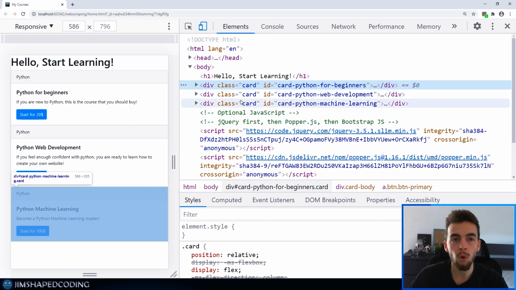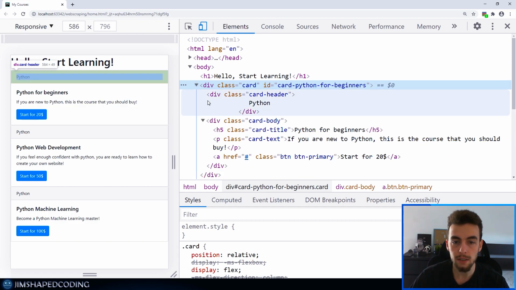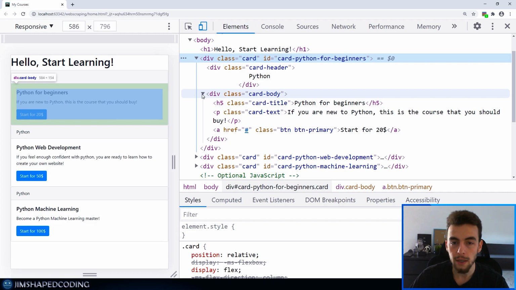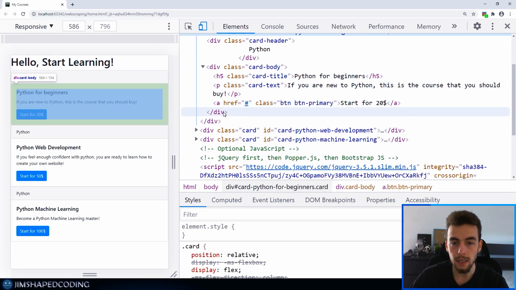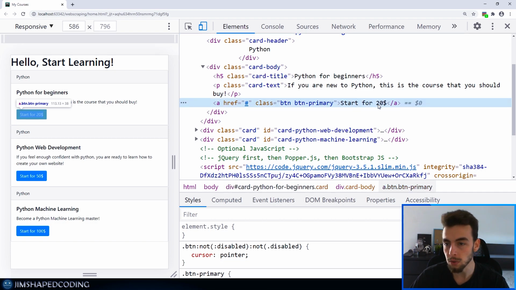And then you can see that we have here div class card 3 times, which is displaying all the different courses. Now when you go over different HTML tags with your mouse, you can see that it is going to mark for you the HTML tag that is related to it. So it is a quite important behavior that we should understand. Now let's say that we want to grab the price for that Python for beginners. So it makes sense to expand this tag and see what is inside. So I will go here and search for that button, and you can see that this A tag is actually responsible for that button itself, and then you can see that its text is start for $20,